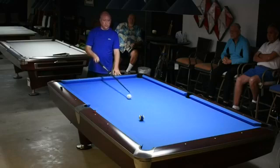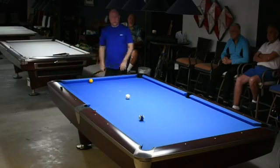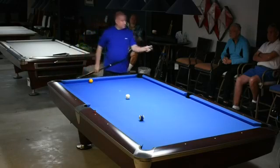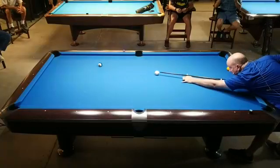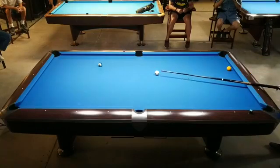If I get stuck in a spot like this, and my next shot is here, and I have to really juice up the ball, then yes, I have to hit the ball a little firmer, but I don't have to attack it and go crazy. So one thing I want you to see, and I don't know if it'll show up too well on the camera, but